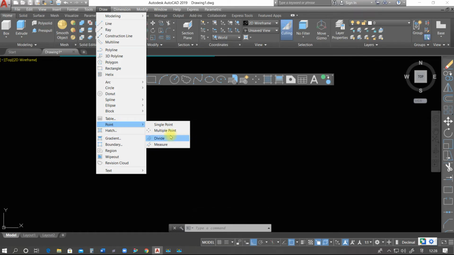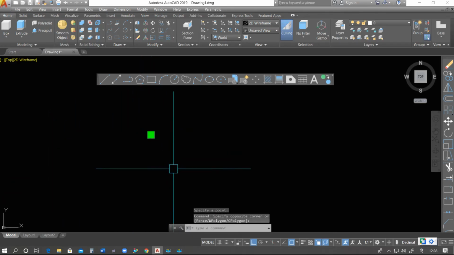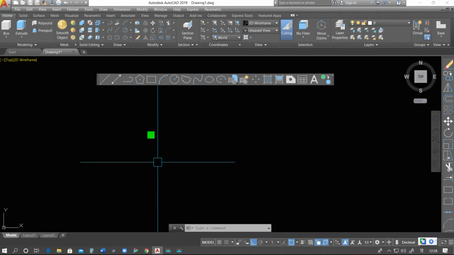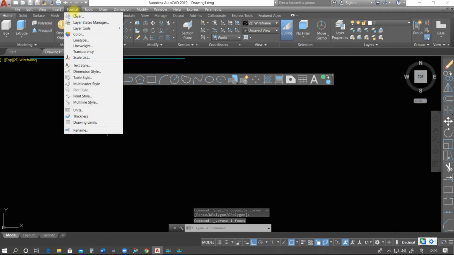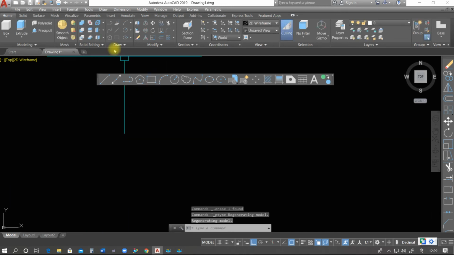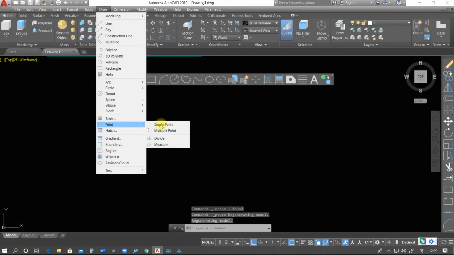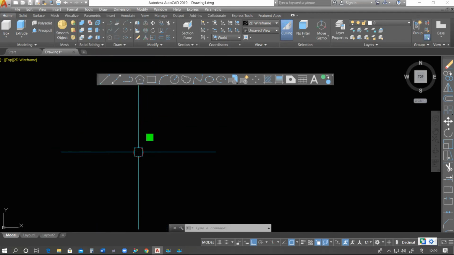Generally we use point to specify the position of any element. I'm taking single point, pick point. You see that this point is not visible. As we select this one, now we have only a grip. With the help of the grip we can see. Suppose we want to change the format of this one. Go to format, there is option point style. I'm selecting this one. See, now draw, there is option for point. Click here. Now we have point. So this is single point.